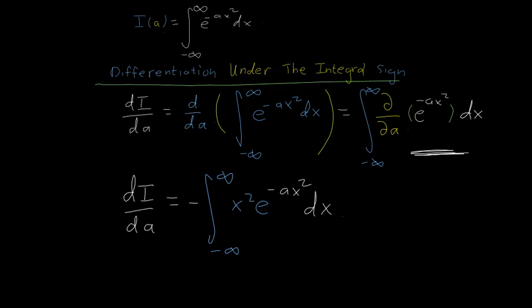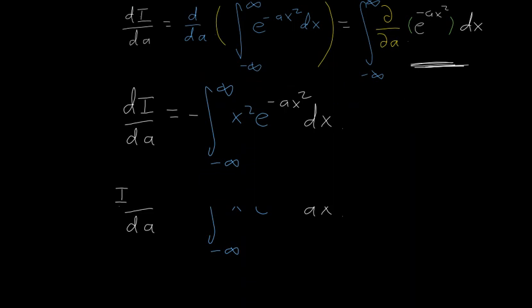Now I want to evaluate I of a. Remember, I have dI/da, so I have to find its antiderivative. If I have a derivative with respect to a, I need to find its antiderivative. So that means that I of a